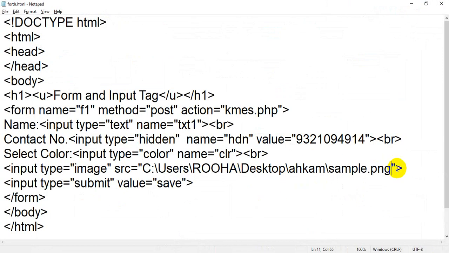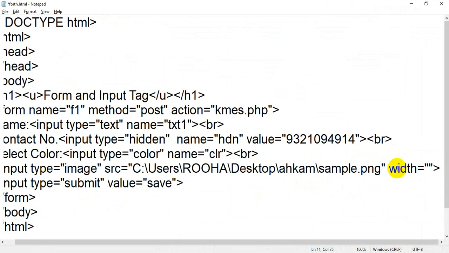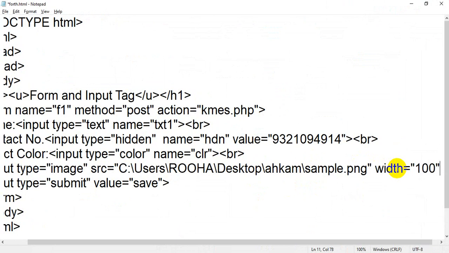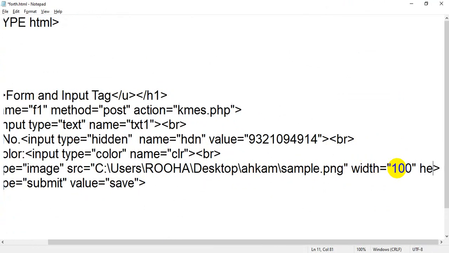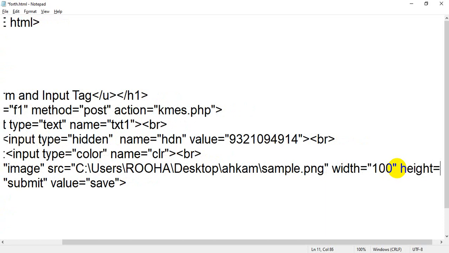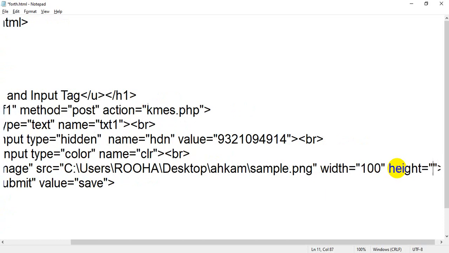Just assign some attributes. We have the attribute width. Width equal to, for example, 100 pixels. Then height equal to, I am going to take 80.